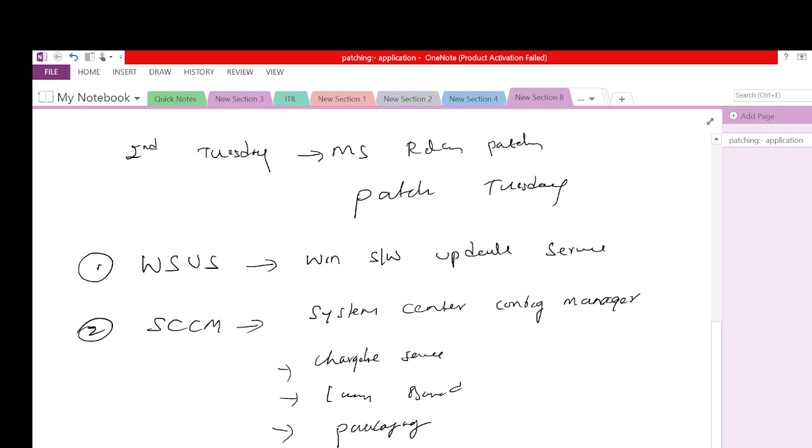Packaging means, say for example, you want to install one application on all 100 servers. You create a package: what is the application, what time you need to install, which directory you need to install in, and what configuration you have to make. You create that as a package and publish it, and you tell it Saturday midnight 12 o'clock start installation. So this will go and install that package on all the 100 servers, or however many servers you have in the estate. That is called packaging.